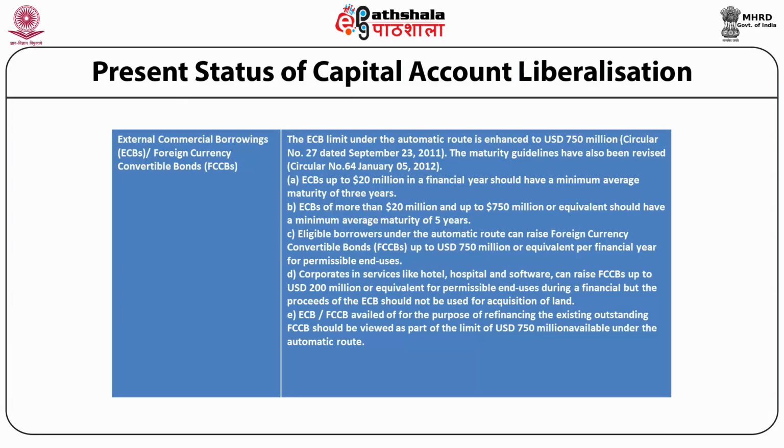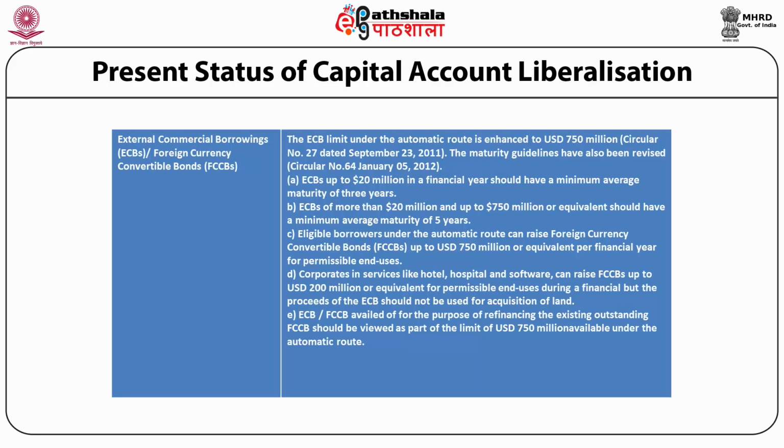The ECB limit under the automatic route is enhanced to US $750 million as per circular dated September 23, 2011. The maturity guidelines have also been revised according to the circular given on January 5, 2012. ECBs up to $20 million in a financial year should have a minimum average maturity of 3 years. ECBs of more than $20 million and up to $750 million or equivalent should have a minimum average maturity of